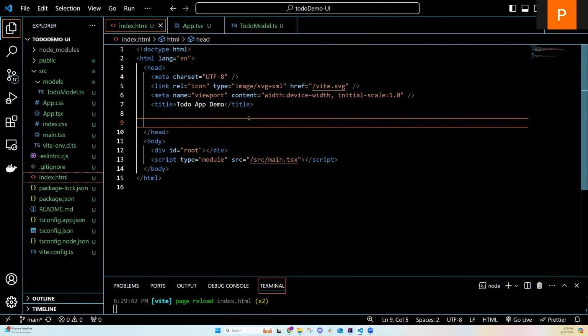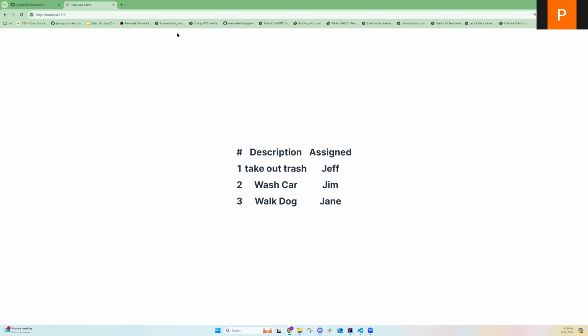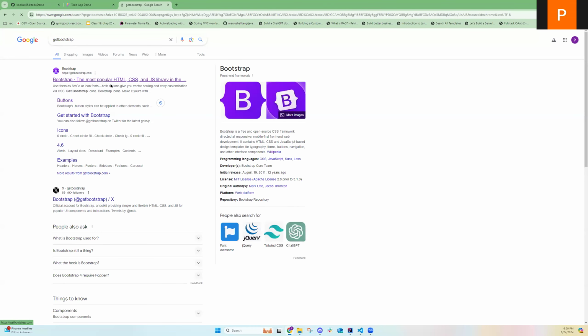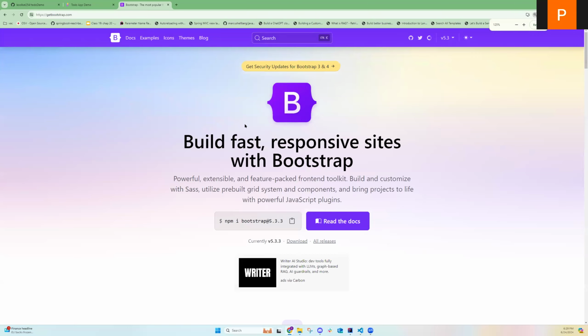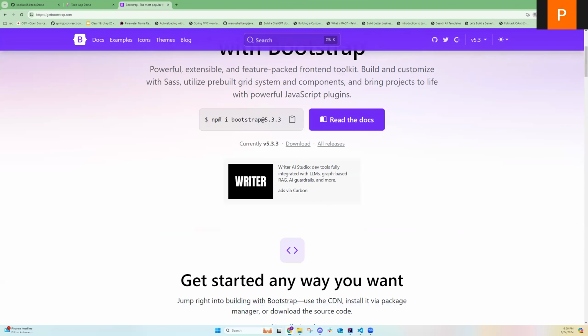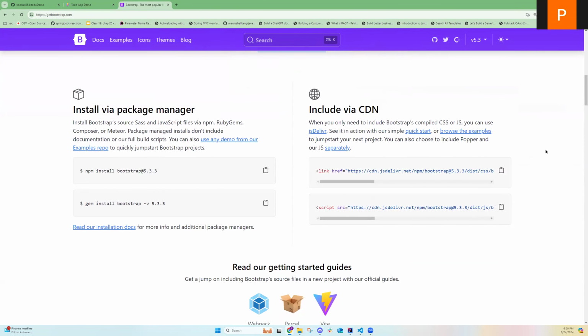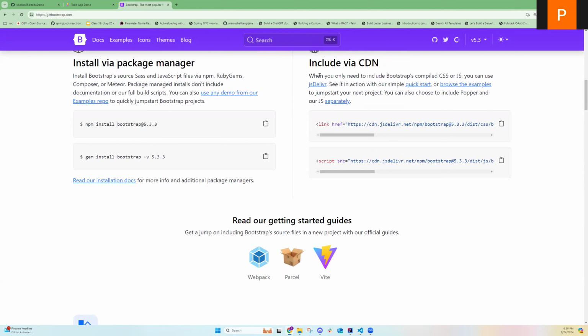The fastest way that I have seen to add Bootstrap to this is if you go to getbootstrap.com. It says that you can install it this way, and there are ways to install it. The fastest way for me, especially for this proof of concept, is to